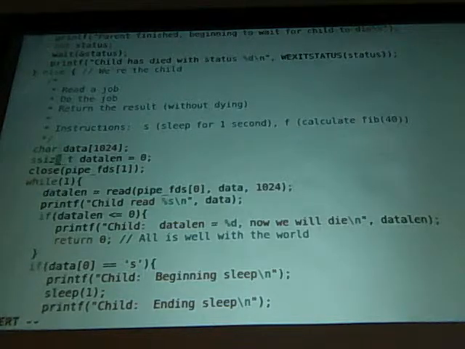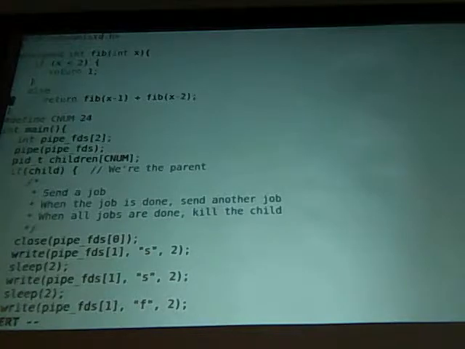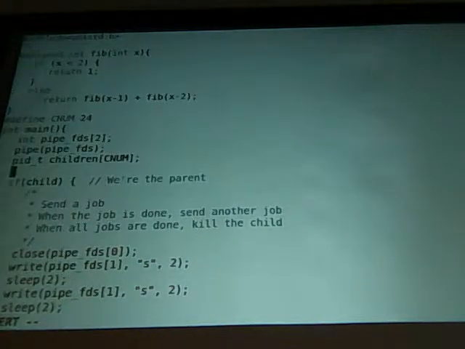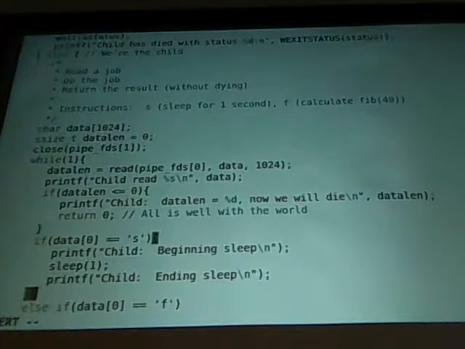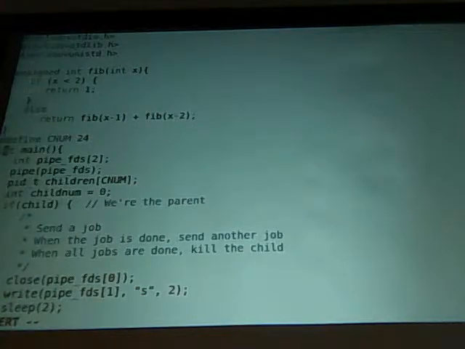Okay, so somehow the children are going to have to know what number they are. And so I'm going to say something like child num equals 0. Let's start on child number 0. Okay, so this child num is going to be available down here. And so the pipe that we want to read from is going to be our, well, we need to array these things first. So a pipe file descriptors is like 2 of these things. And so we want an array of those things. If I remember right, in C, we just put it right here. Like we want an array of these